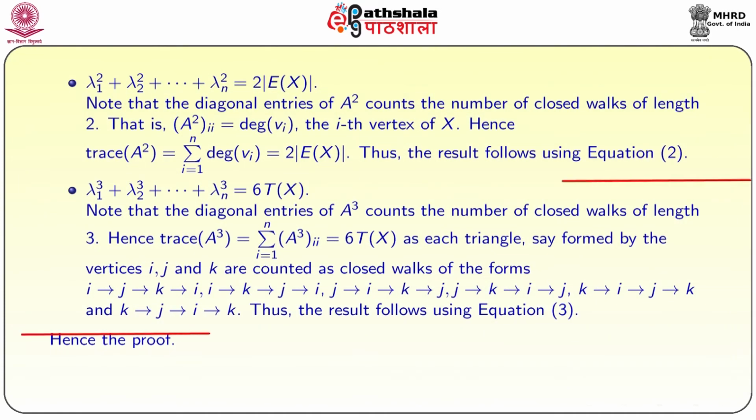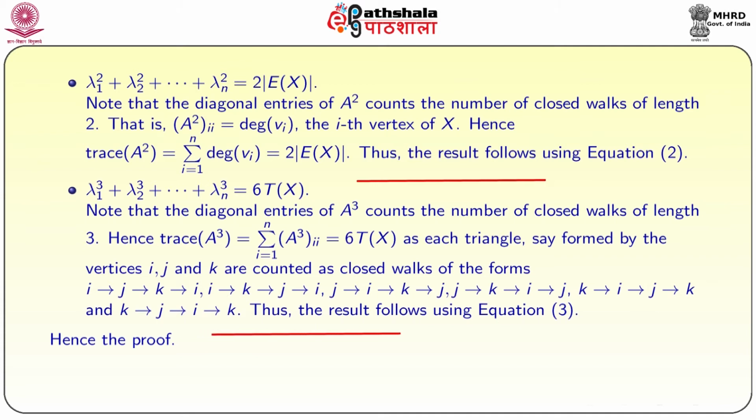Now, we need to show that lambda 1 cubed plus lambda 2 cubed and so on up to lambda n cubed is equal to 6 times the number of triangles. Note that the diagonal entries of A cubed count the number of closed walks of length 3. Hence, trace of A cubed is equal to the summation i = 1 to n of (A cubed) ii,